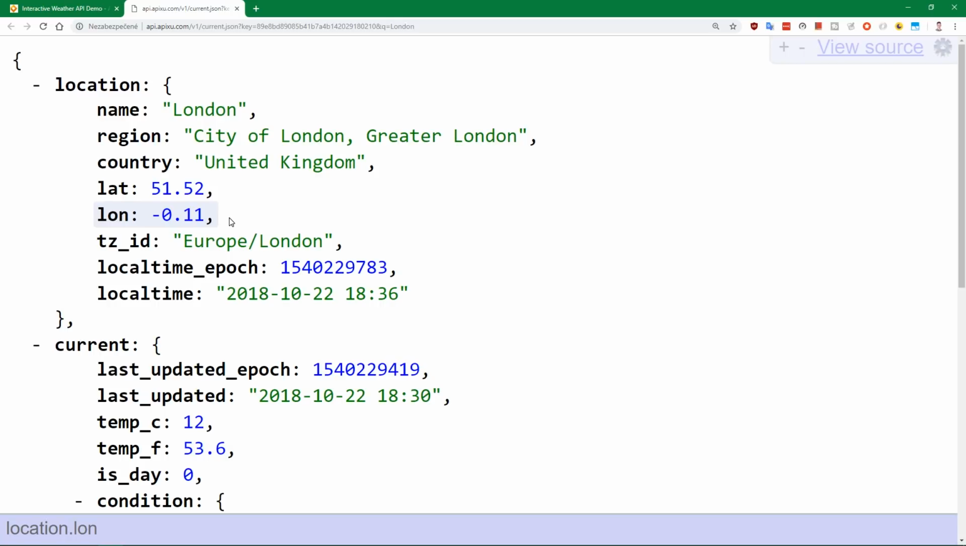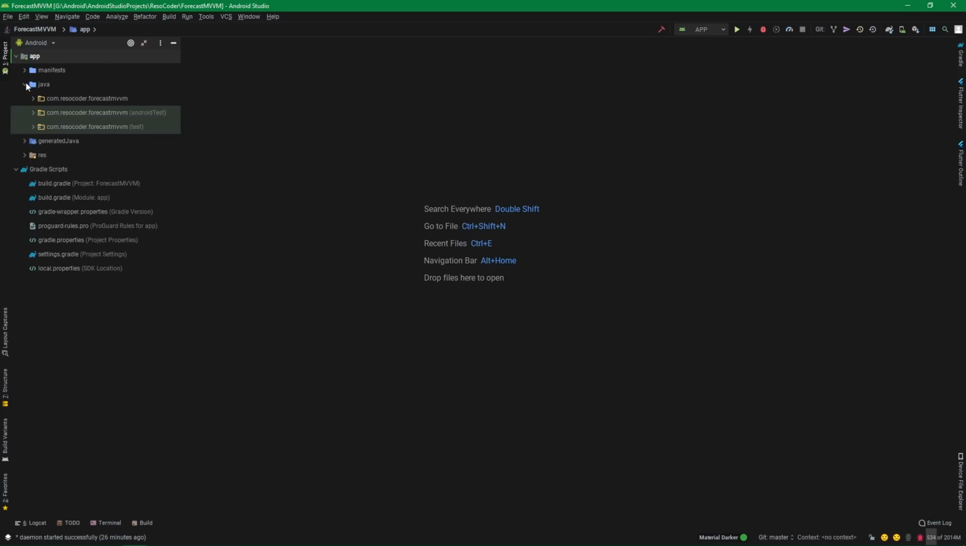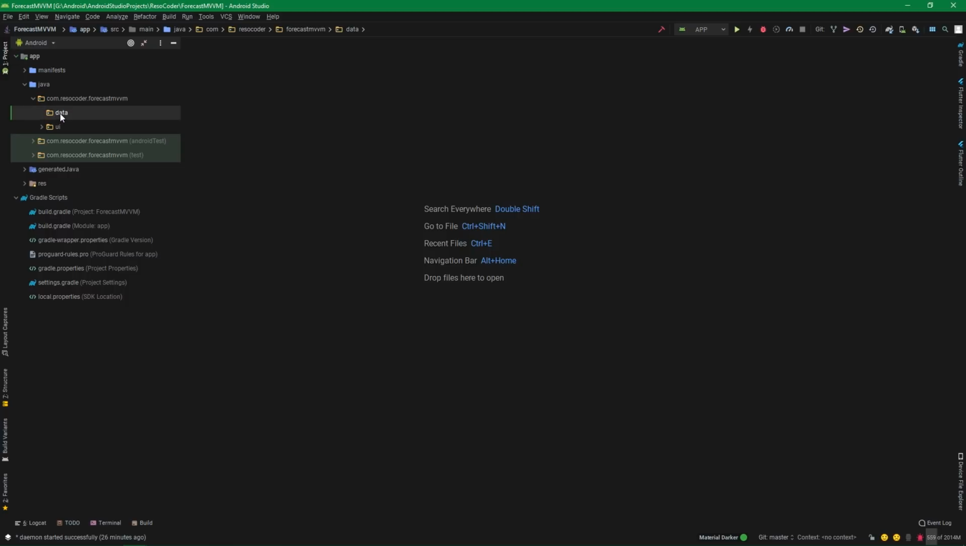And for that, we are going to use the library Gson, which is a library which can parse JSON into some real objects which we can operate through Java or Kotlin. So let's go to Android Studio and let's open app, Java, and our package, and then data. And in the data package, we want to create the classes which are gonna be representing the JSON that we